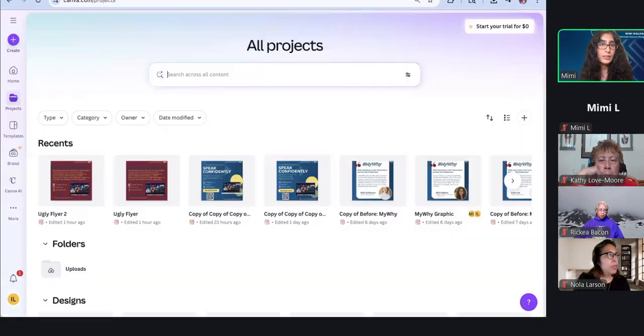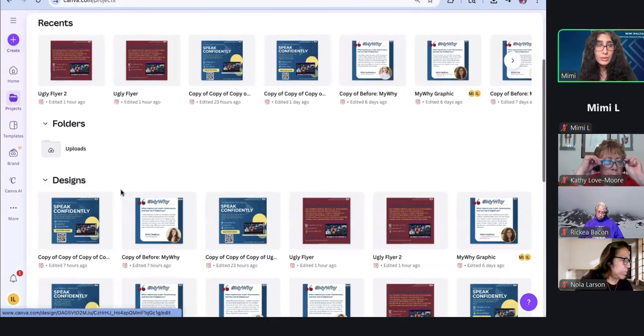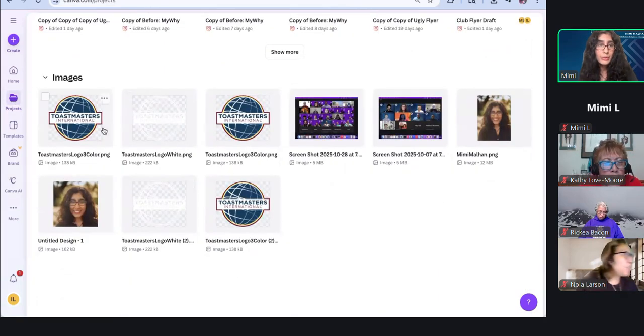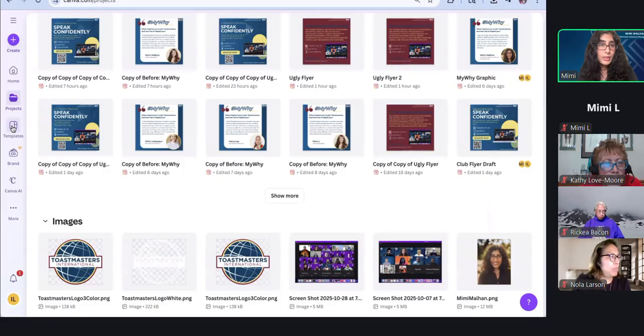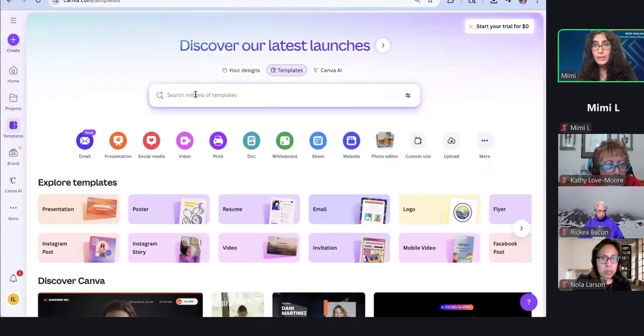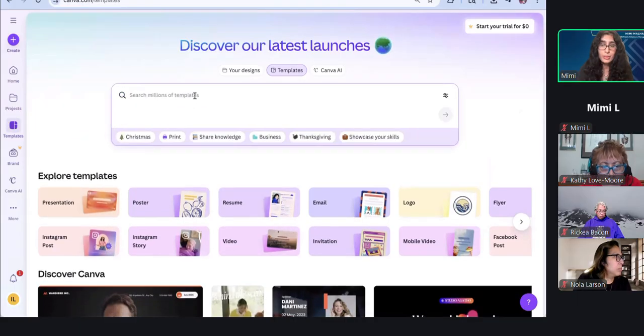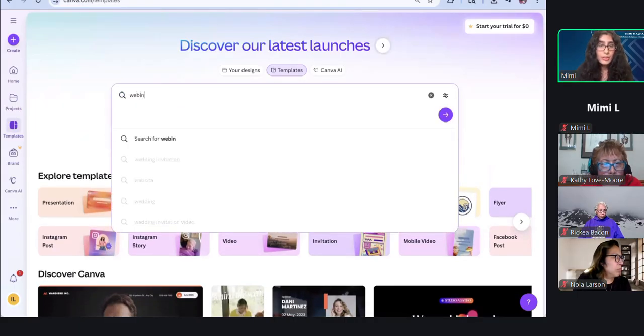So this is my free account. On the left side, you have this main menu. There's the 2 icons that I most frequently use. First one is this project where I can see all my projects and also images that I uploaded. The second one is this template. This is where I can find templates. So, for example, if I search for webinar,